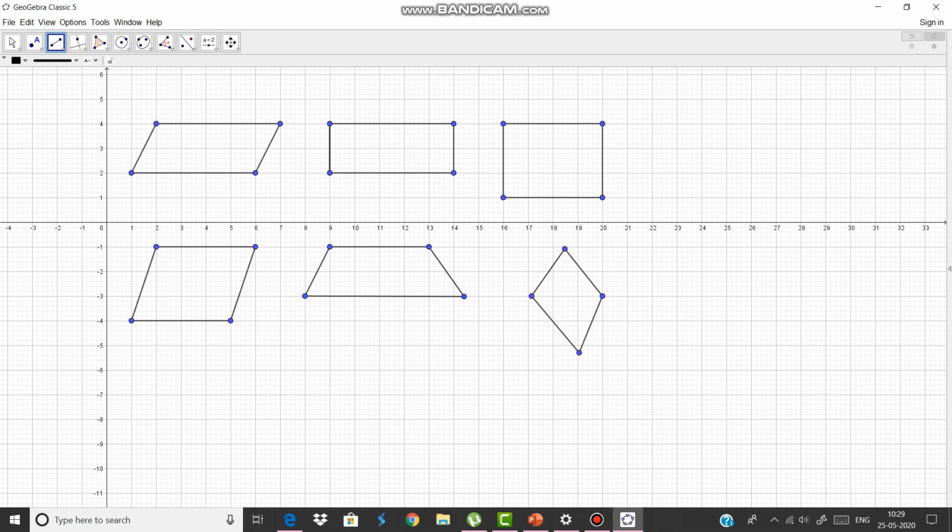Rectangle and rhombus: all sides are equal. Two pairs of opposite sides are equal. Two pairs of opposite sides are also equal in